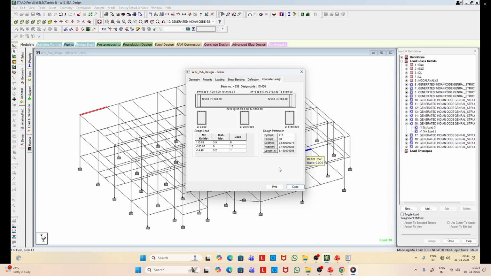Here is the complete details along with the detailing over the length of the member. So you can see the main reinforcement, top and bottom layer of reinforcements along with the shear reinforcements. And all these details we covered in our beam design, if you recall.